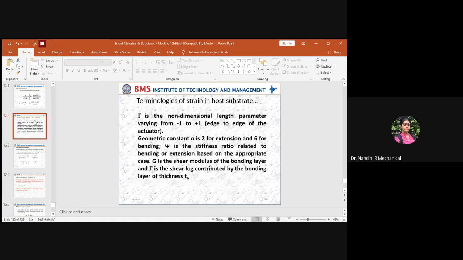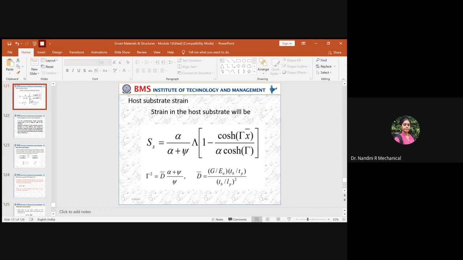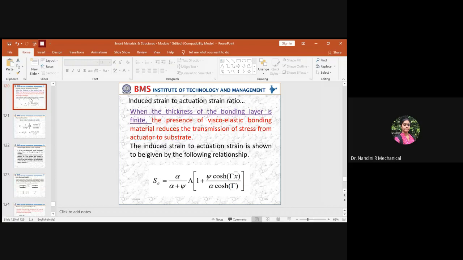So this ends with the strain actuator interrelation, how you use this concept to derive the mathematical modeling for uniform strain model. If you have bending, then you have to determine the equilibrium condition for the strain across the bending also. Because of the bonding layer, the amount of stress reduces. So when the stress reduces, the stress of the structure will be almost equal to 0.